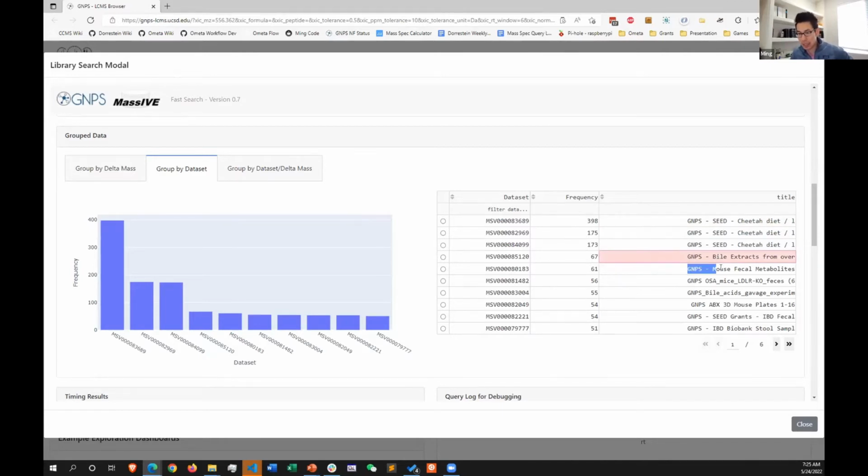But you can start seeing that this particular metabolite, because we published, we thought it was made by the microbiome in the gut. We can actually see that it's also being found in the gut of some cheetah samples, some mouse fecal metabolites, some bile acid extracts, other mouse data sets, some stool from the IBD biobank. So it's very clear from this data set list that it's from all these kinds of